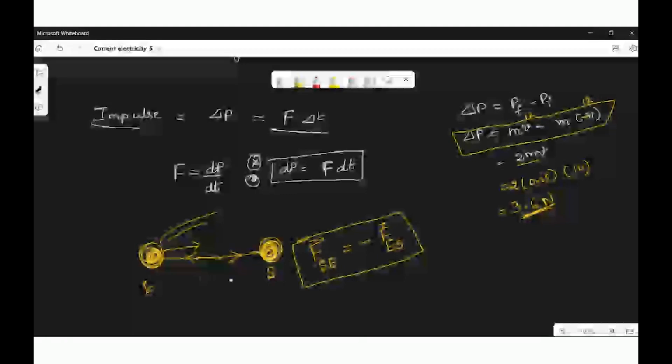So in all the internal forces it is easy to visualize. It will always come in pair. The force always comes in pair. That is how we say it another way. Force always comes in pair. So there's not much detail about the third law. There is one important concept we have to discuss, that is conservation of momentum. It is very important, which we'll discuss in the next class.